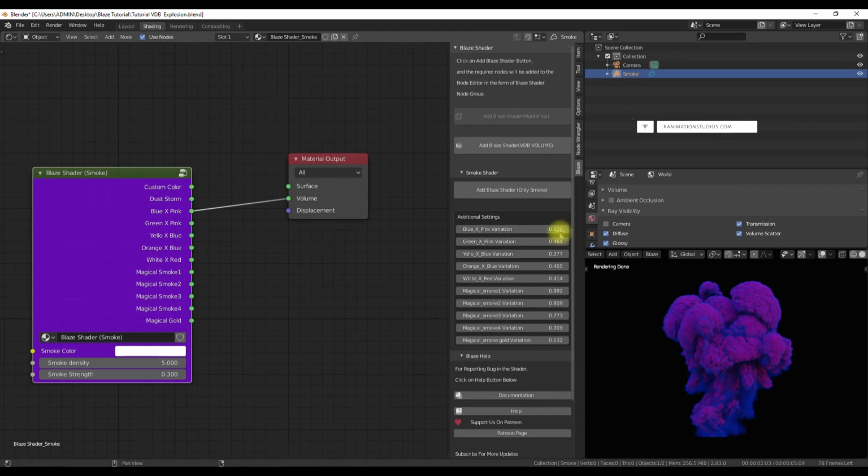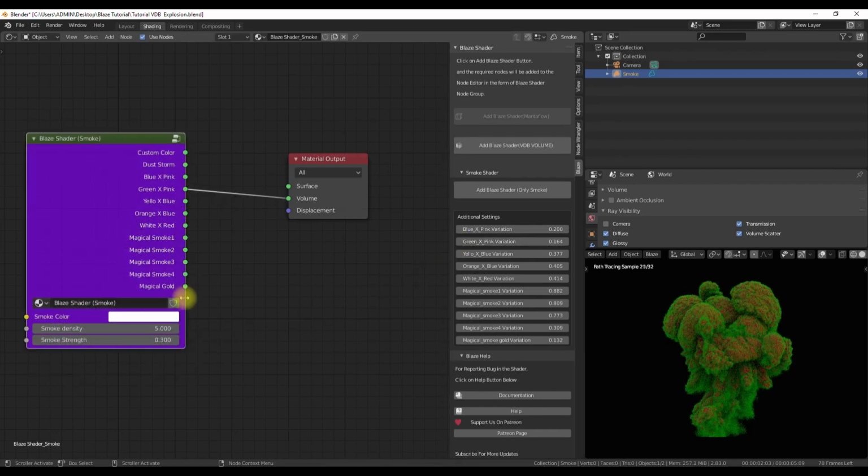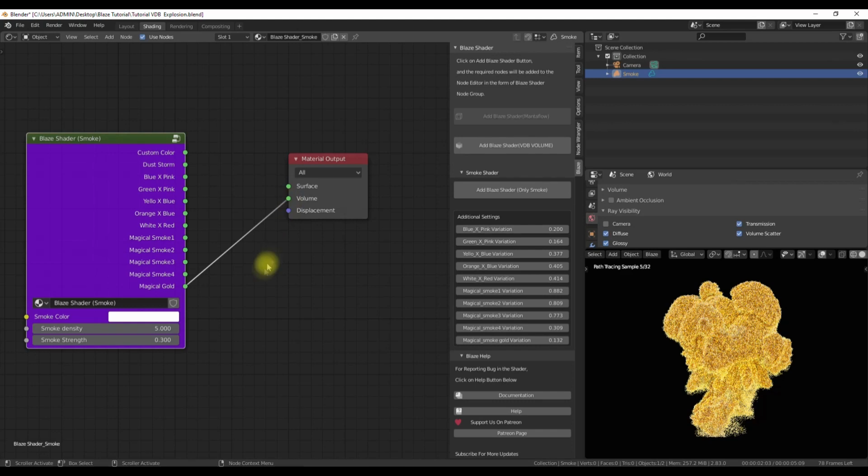And to change the amount of a particular color in the mixture, you can slide over these values, and that's very easy to do. Changing the values is a matter of taste, and if you don't want any of those mixed color presets, you can just work with a custom color to achieve whatever color you want.